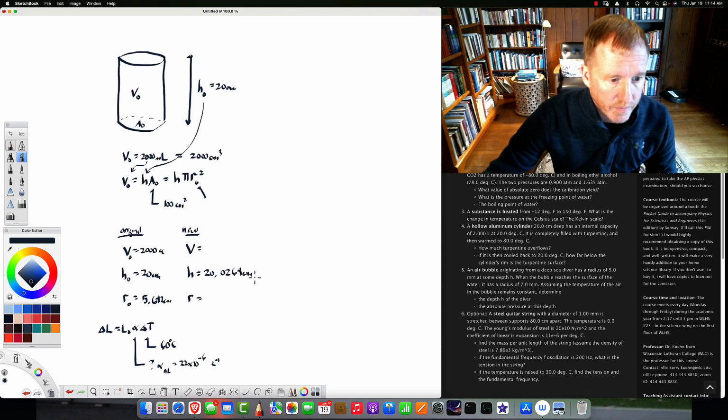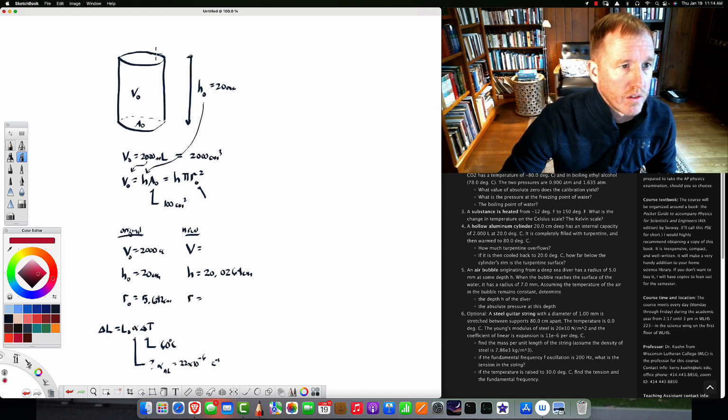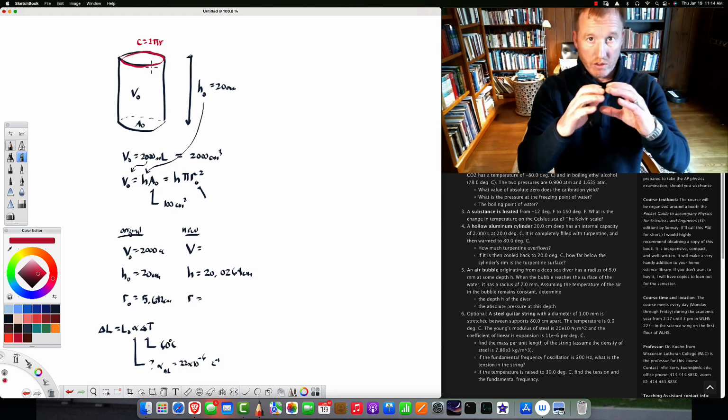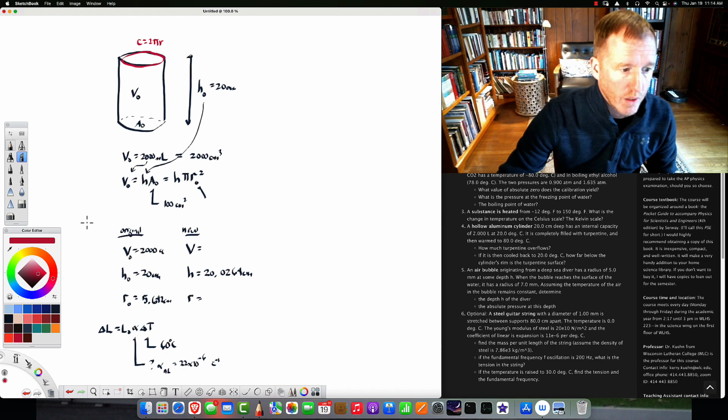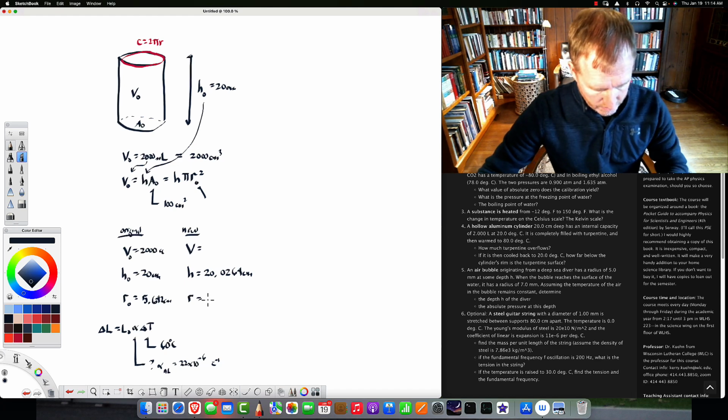20.0264 centimeters. And the radius of this, what you can think about is the circumference of this. The circumference of this is kind of like a line, right? The circumference is 2 pi times the radius. So when the circumference expands, it gets larger. It makes the radius expand as well, and we can figure out how much the circumference expands by plugging in alpha, the original circumference, and the final circumference. We can figure that out from the change in temperature. And when we do that, we can find out the new radius, and I found the new radius to be, let me see,